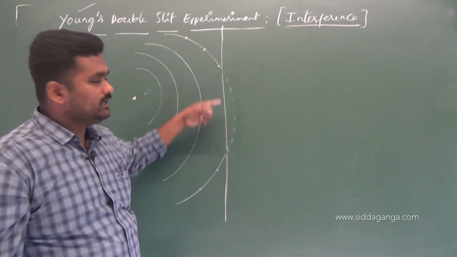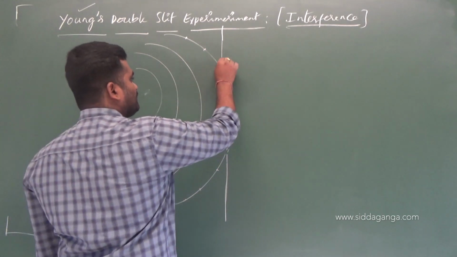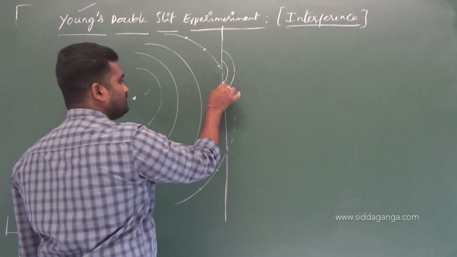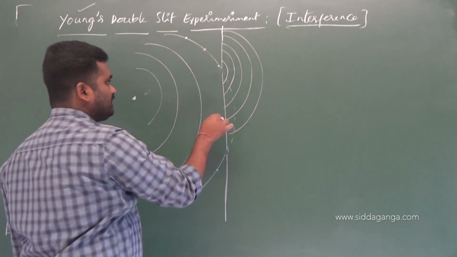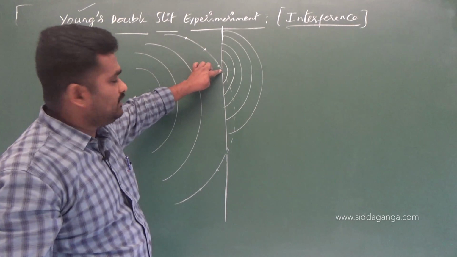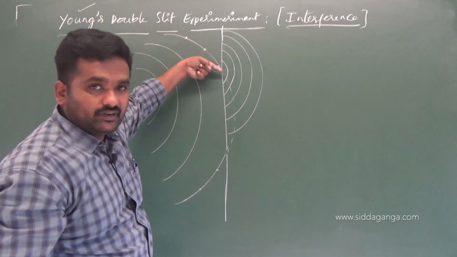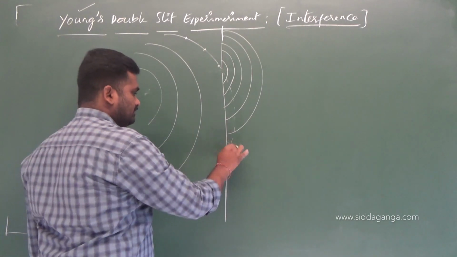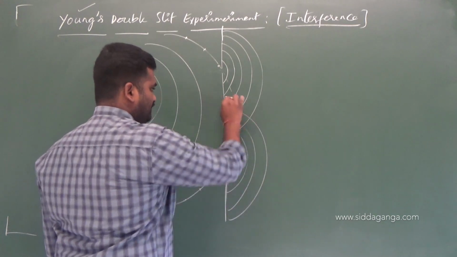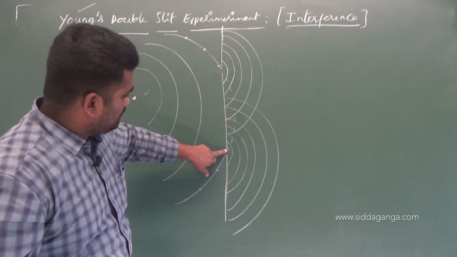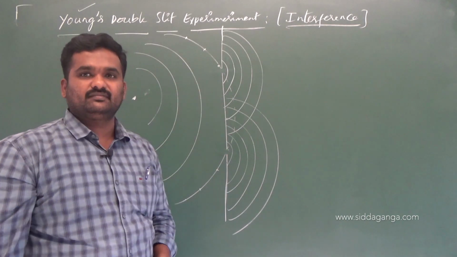We are going to divide this wavefront here now. The wavefront has been divided here, right? So whatever light is coming from this source, this will act as a primary source now. All the light which is coming from here is of this particular wavefront itself. And here also, whatever light is going to be coming out is of the same wavefront. It means this slit and this slit are acting as two sources now, isn't it?